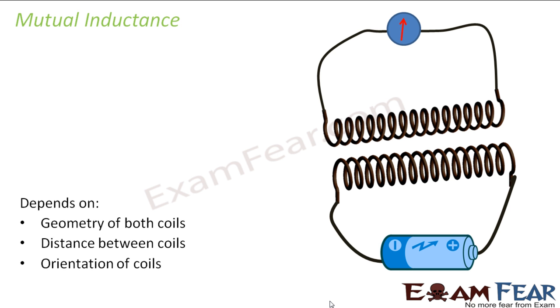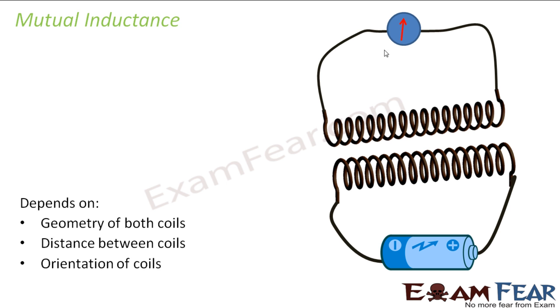Now what is mutual inductance? In case of mutual inductance, we will not talk about one coil. Here I have two coils. In one coil, you will pass some current. When the current passes through that coil, due to the increase of current, there is a change in flux. Because of that change in flux, there will be a current induced in the neighboring coil, right? So that is the concept of mutual induction.